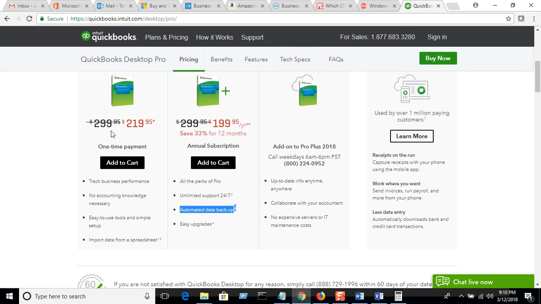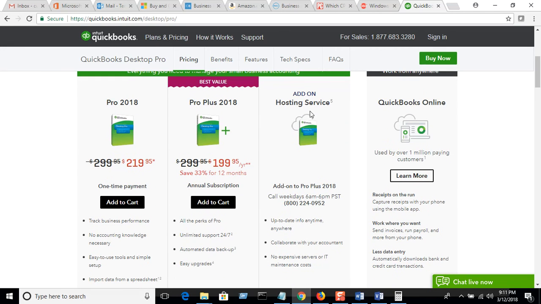One could say that I'd rather spend the $200 one time and never have to pay again, or you can spend the $200 every year and gain backups and support. I would say it's actually worth it to do the backup and support. Now, this is kind of a game changer, but he could have also gone with Pro Plus, which is kind of a hybrid where